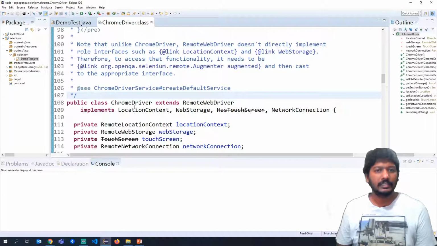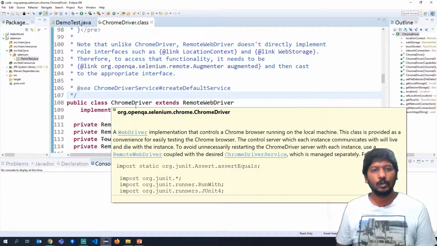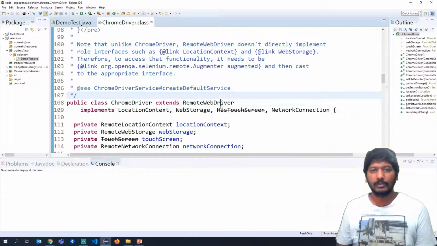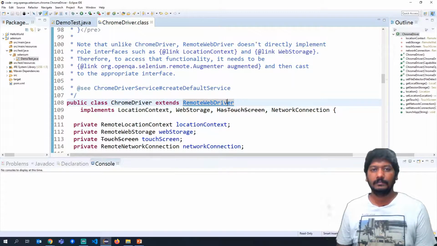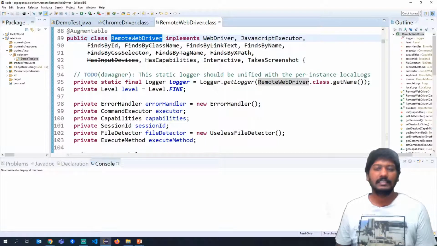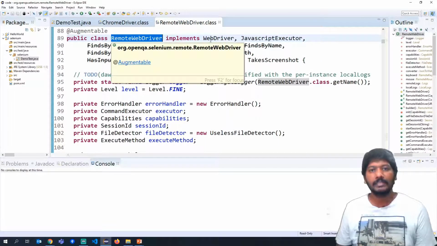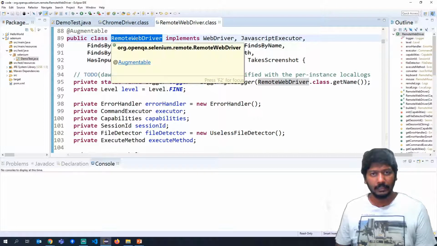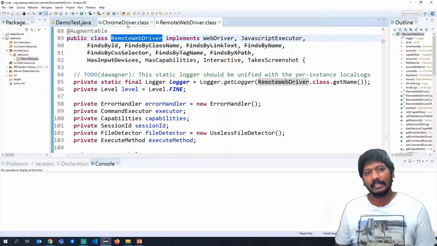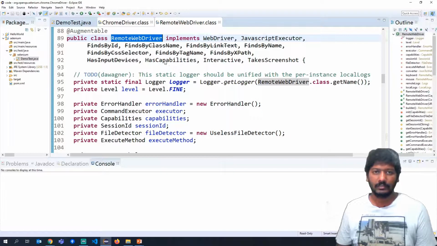Here, if you see, it says public class ChromeDriver extends RemoteWebDriver. Now let us see what is there in RemoteWebDriver. See here, it says public class RemoteWebDriver implements WebDriver. So WebDriver is an interface that is implemented by RemoteWebDriver, and that is again extended by ChromeDriver.